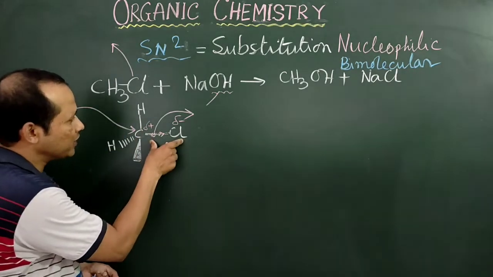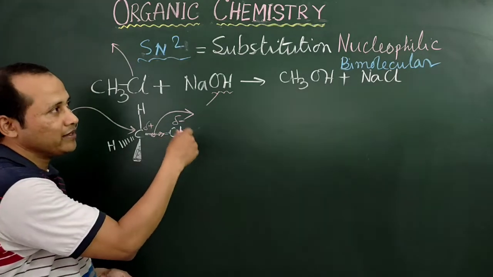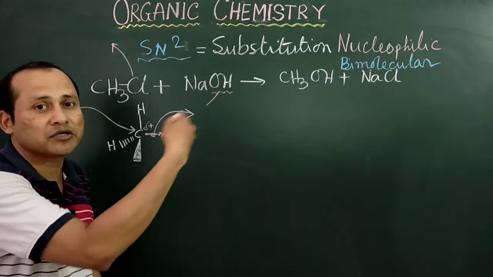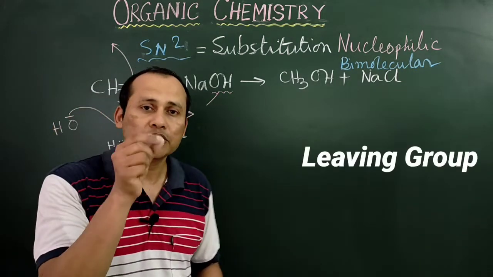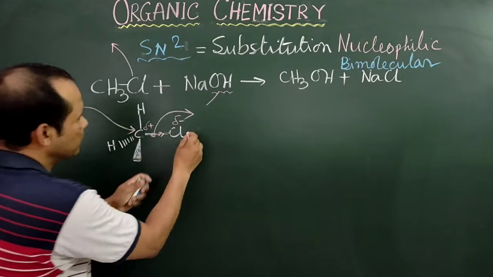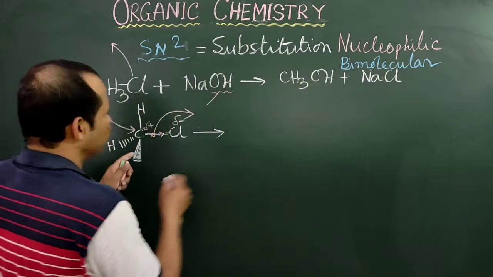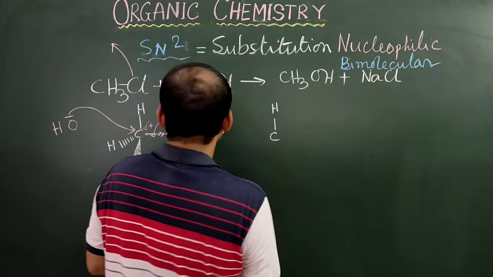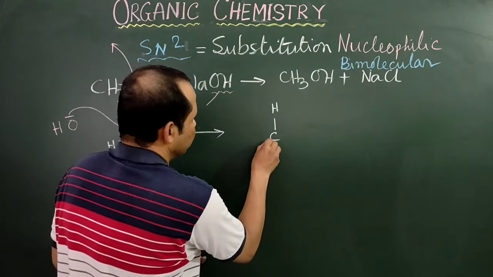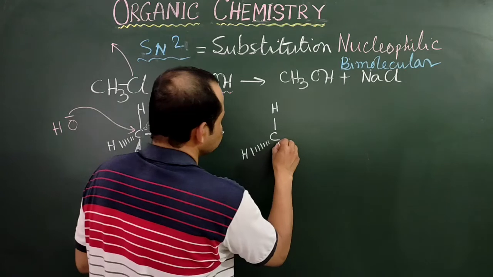So here this one is leaving the system, so chlorine here will leave the system as chloride and it will be termed as leaving group. So one intermediate product will be obtained from here, and this product may be written in this way: the central carbon, the hydrogen which was present in this, the rear hydrogen atom,